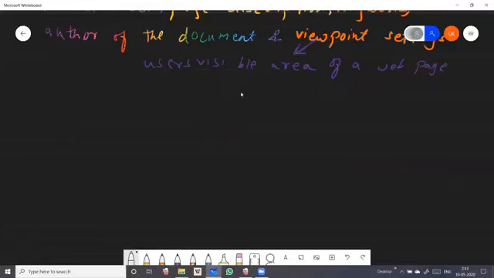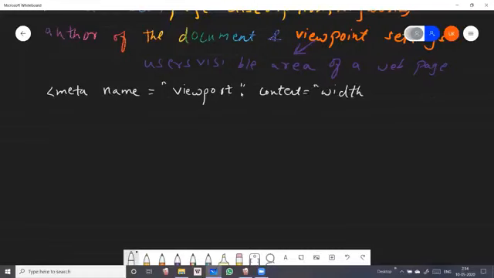I'm just giving the example of how to use the meta name equal to viewport. And content is, I'm just specifying the visible area.